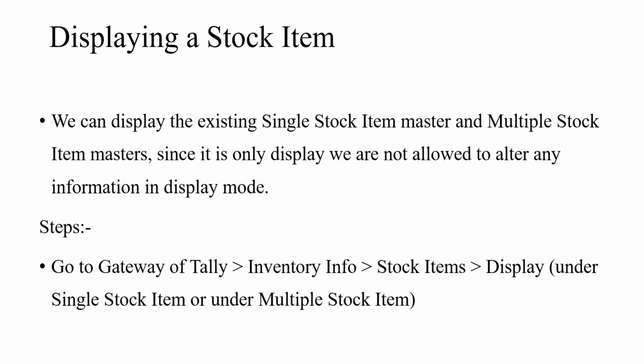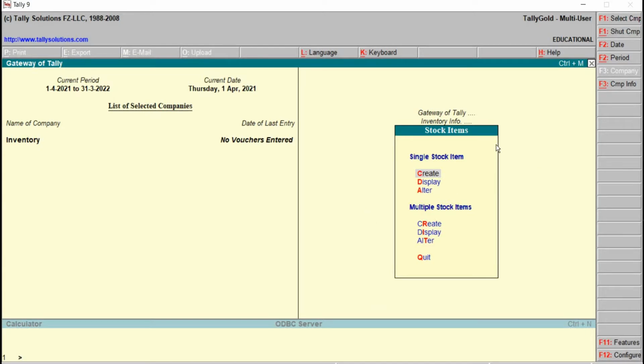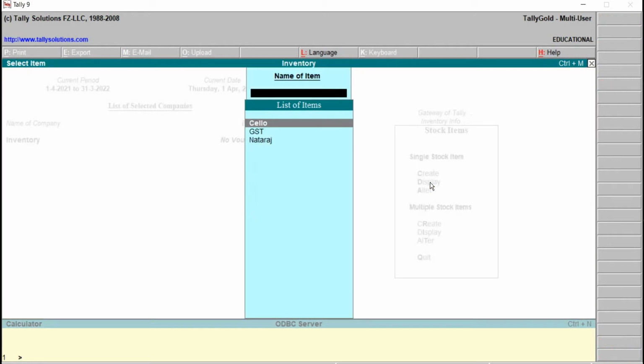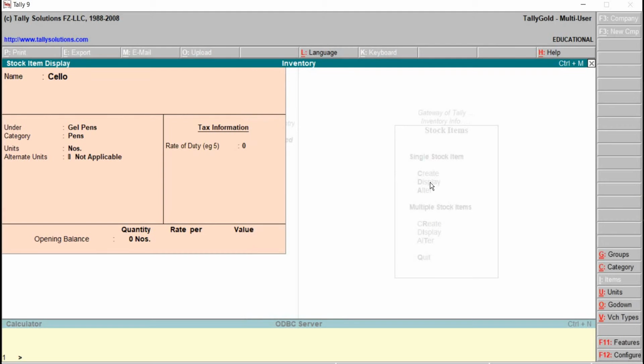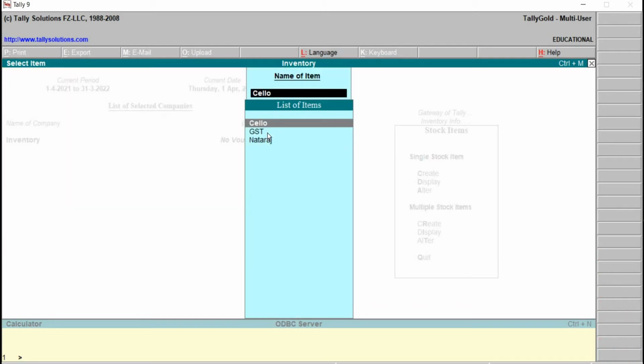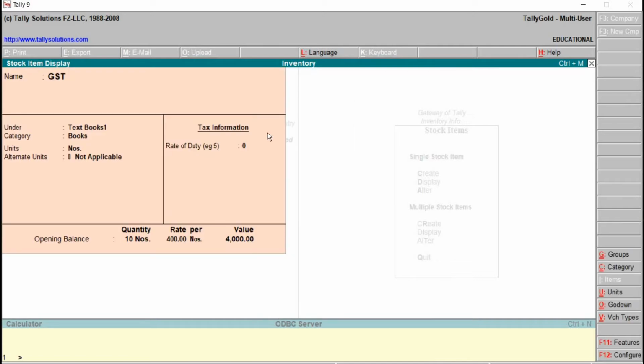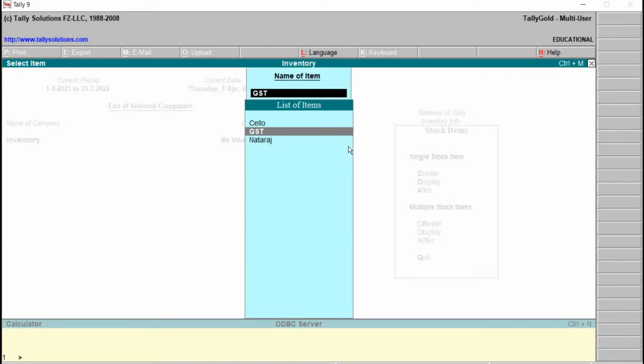We are back to Tally. Stock items menu, single, just go for display option, just click on this one, right? We can go for cello, right? It's a read only mode. We cannot see here the cursor pointed. To come out, escape. Now let's go back to GST, right? To come out, escape. Once again, escape. We will be back to menu,